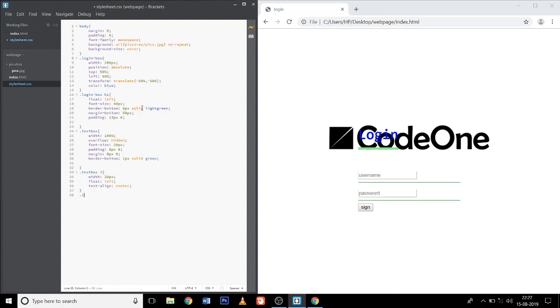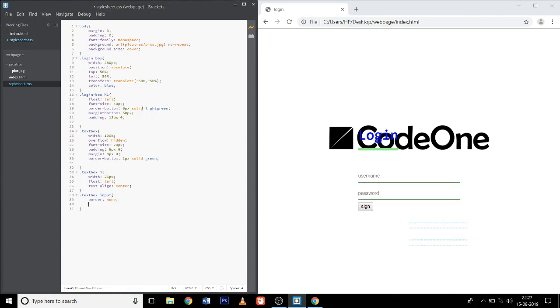For the text box input, border, border should be there, border is equal to none,